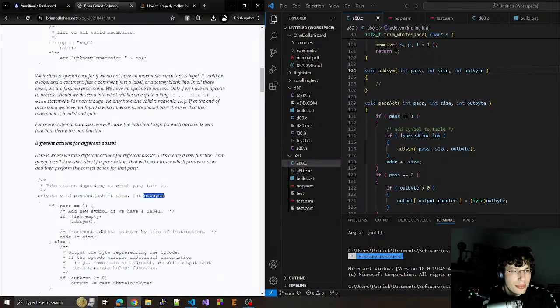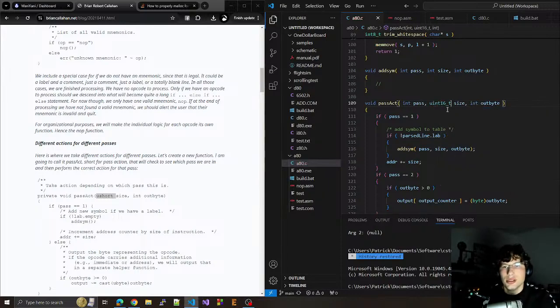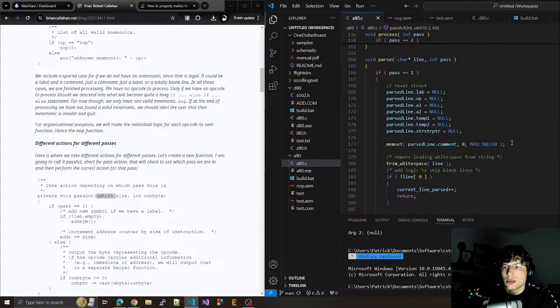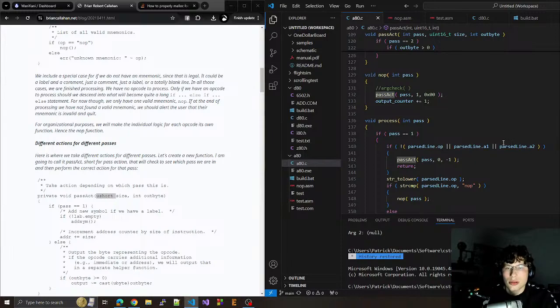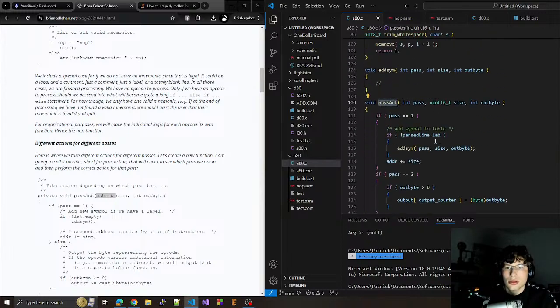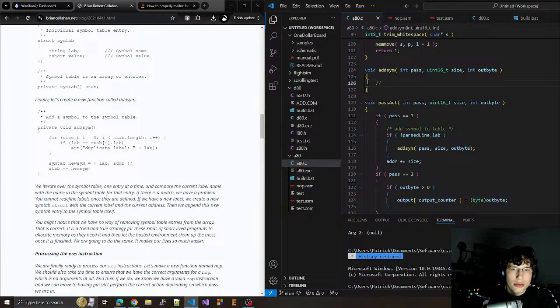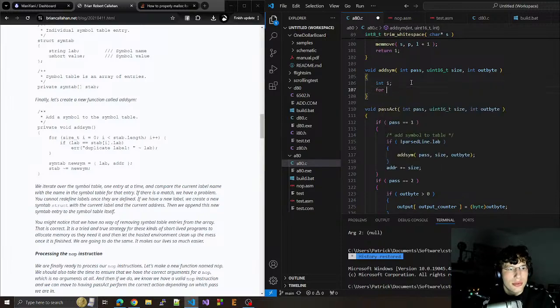Process: int outbyte, uint16_t size. I'm doing that just to be sure things are right. And for size_t i equals 0, i less than